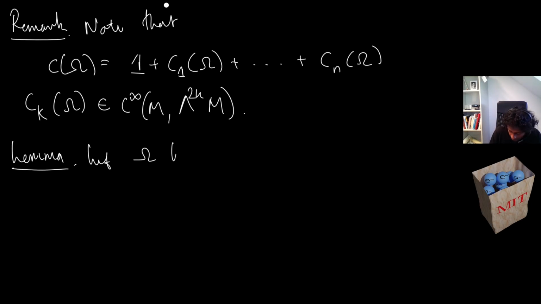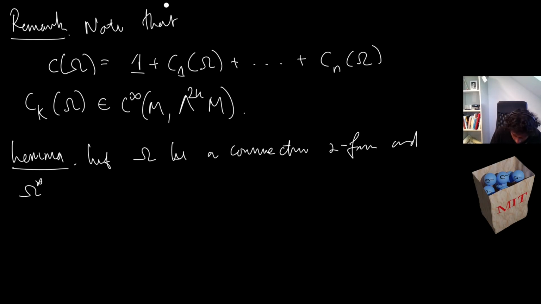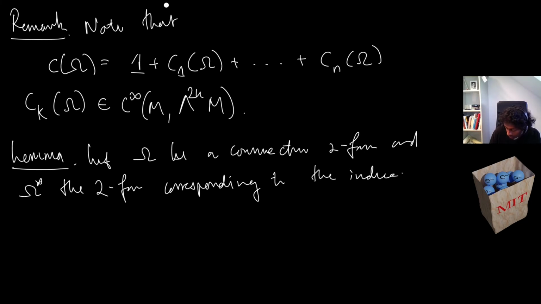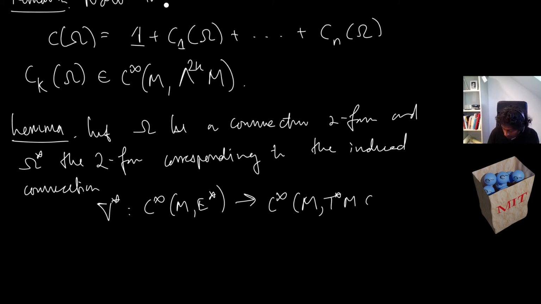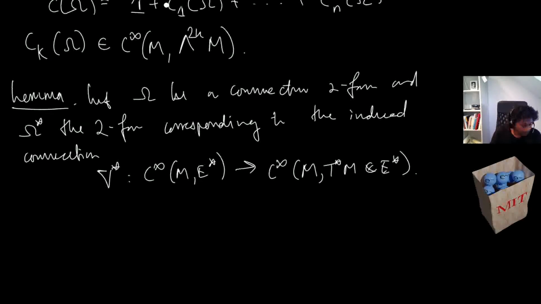So let omega be the connection 2 form, and nabla star and omega star the 2 form corresponding to the induced connection that takes us from E to the dual bundle E star, satisfying